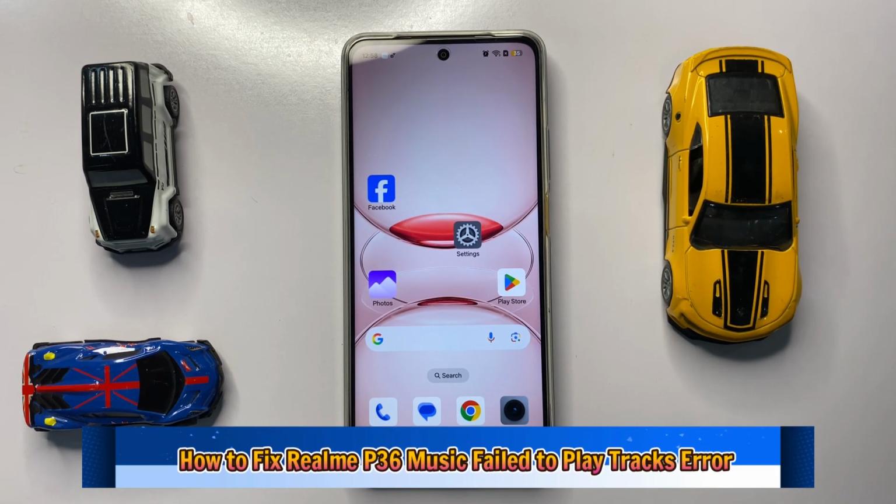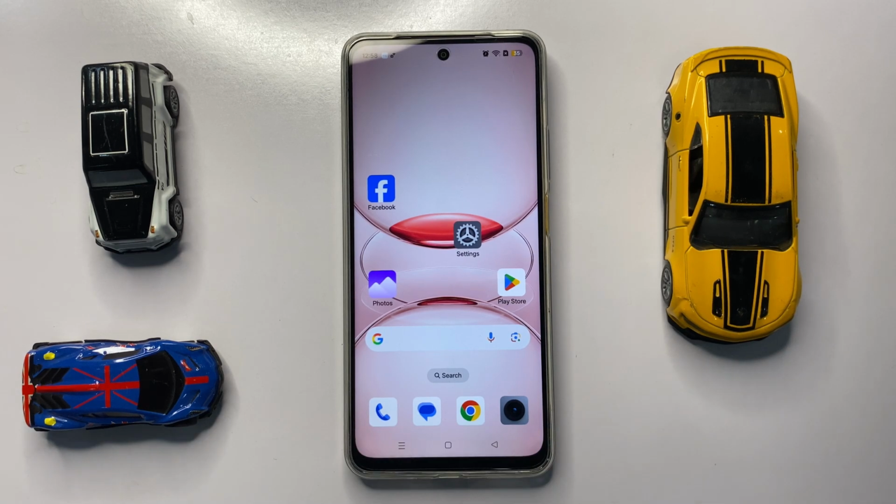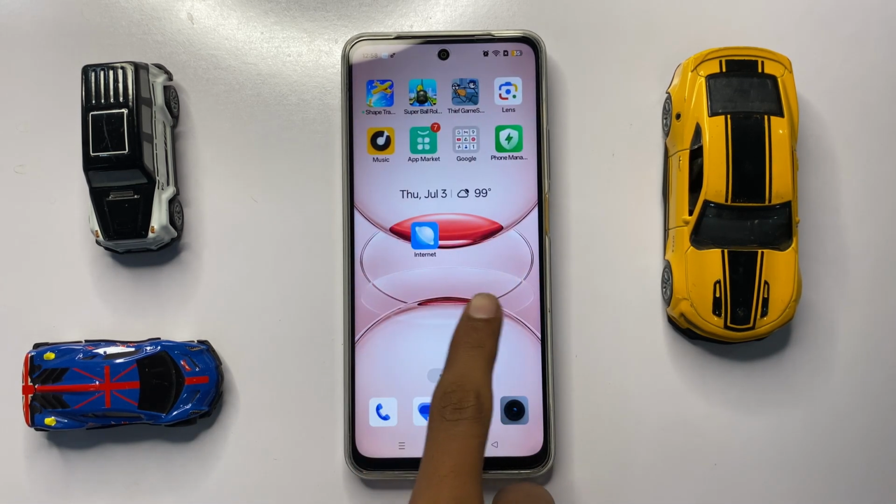How to fix music fail to play tracks error in Realme P3. So let's start the video. First of all,